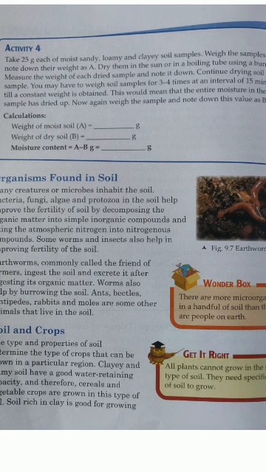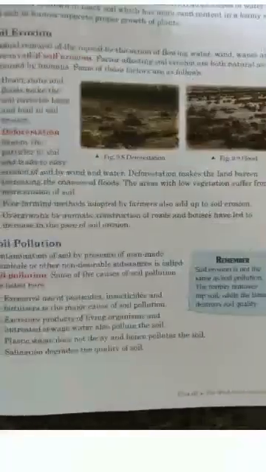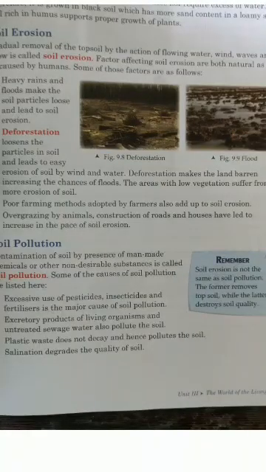Now comes the next topic, that is soil and crops. Now you can understand that if each soil has a different type of property, then depending upon those properties, the crops that are to be grown in that specific type of soil also vary. For example, as clay is responsible for holding too much water, we can say that it is ideal for the growth of rice, the reason being that rice requires a lot of water.